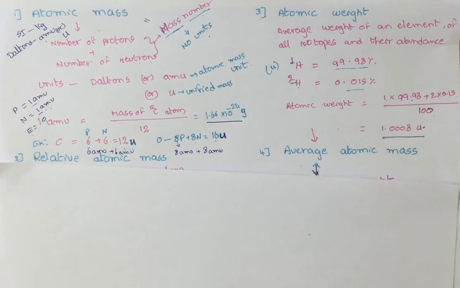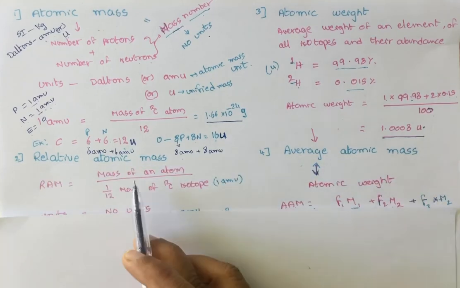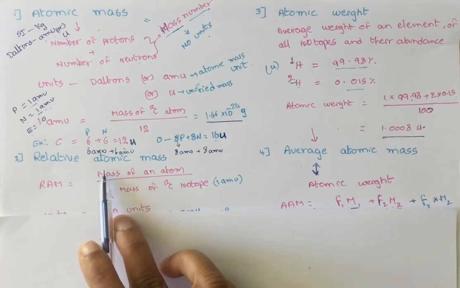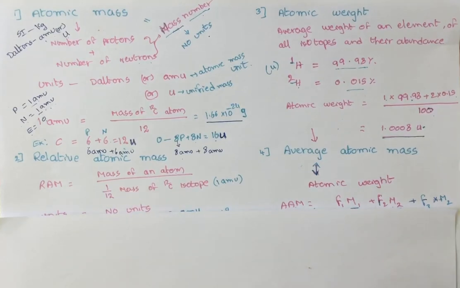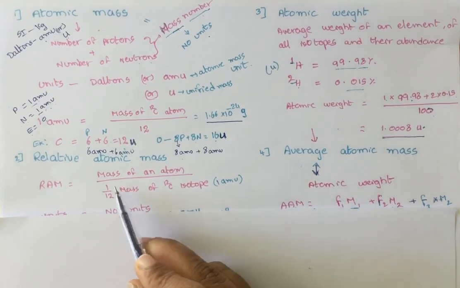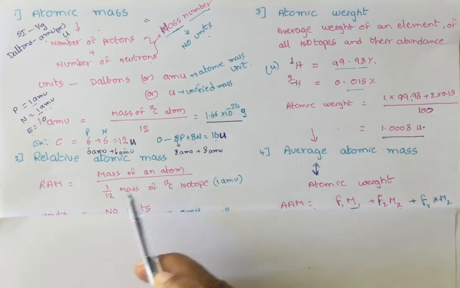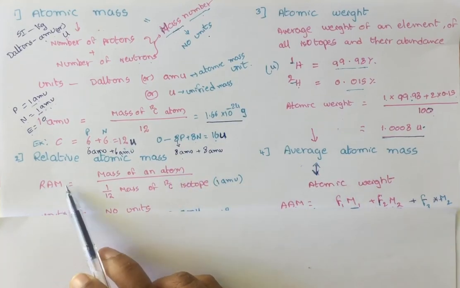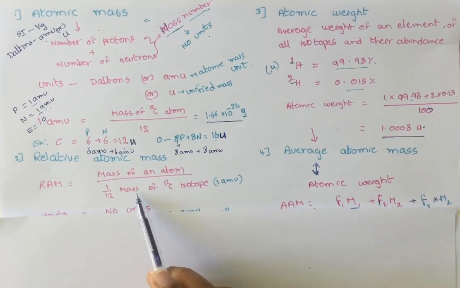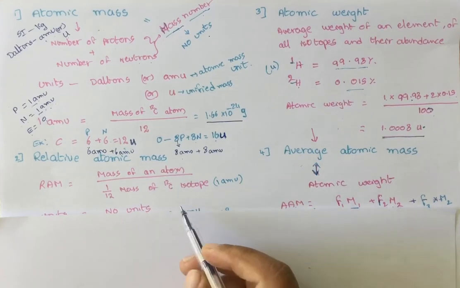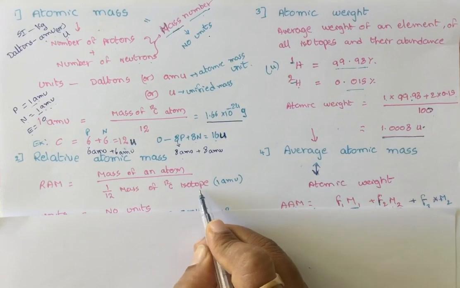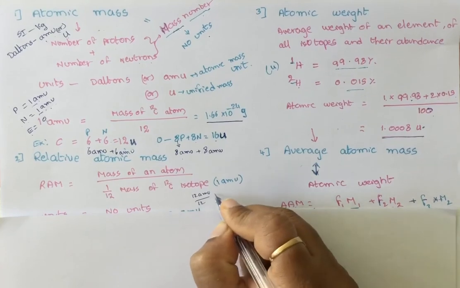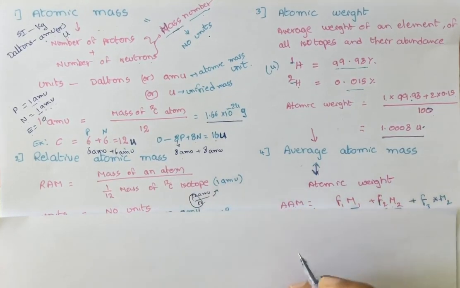It's a parameter. Now let us move to one more term, that is relative atomic mass. How can we define relative atomic mass? Relative atomic mass means that in order to define atomic mass, we need to compare with a standard element. In general, the standard element that we take is the C12 isotope. How can we compare that? You take the mass of the atom whose relative atomic mass you want to know, divided by 1/12 the mass of the C12 isotope. The C12 isotope has 12 atomic mass units divided by 12. The 12 cancels, giving 1 atomic mass unit.